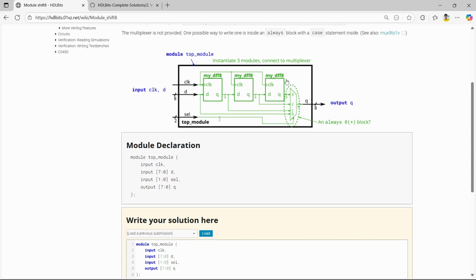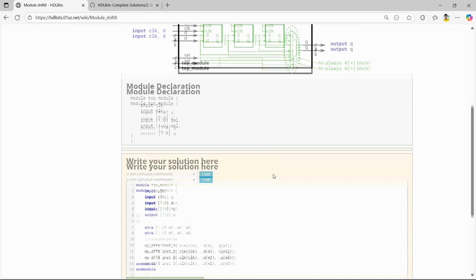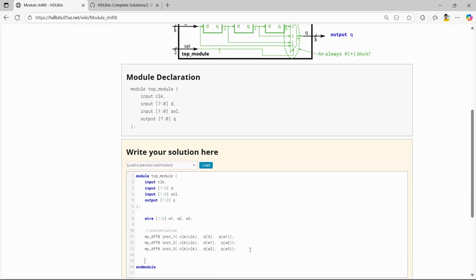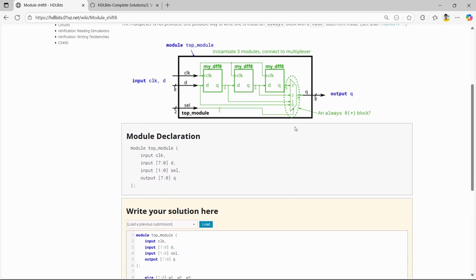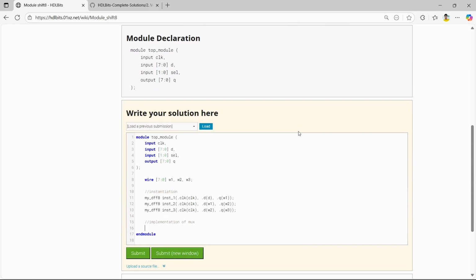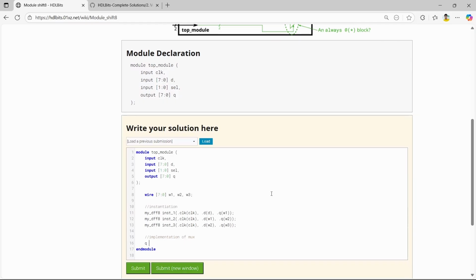So now what we have to do is implement this mux. For implementing the mux, you can use if else or you can use the case statement. But the easiest way is the ternary operator. Like, implementation of mux. So let's implement this mux. Here the output signal is Q. So Q equals to,